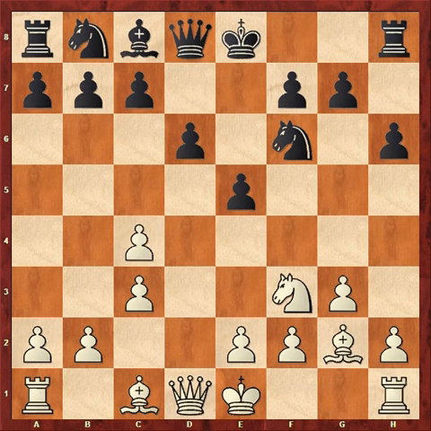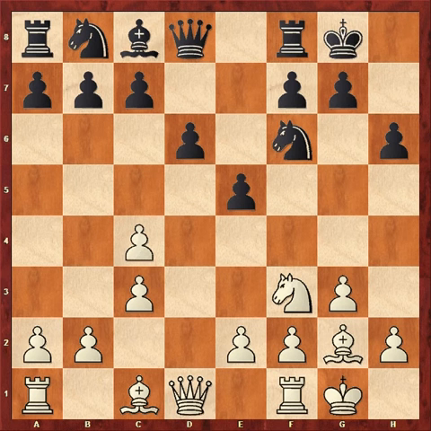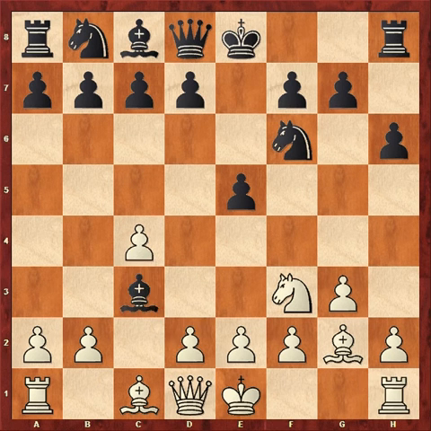And the game could continue d6, castles, and after Black castles, we're going to have an interesting game here, where I'm going to have the two bishops, and Black is going to have a better pawn structure. What I could also do later is push c5 and try to trade off my bad c-pawn. So we'd have an interesting game here. But going back,